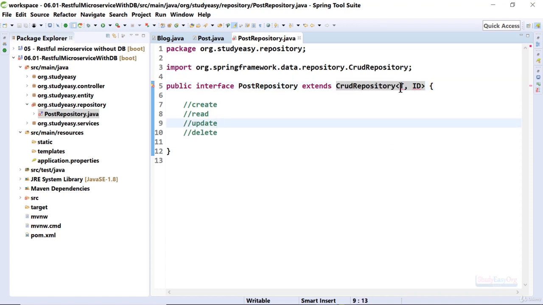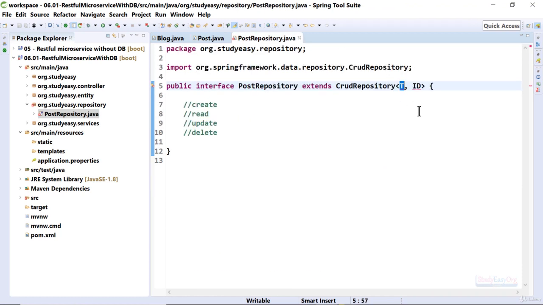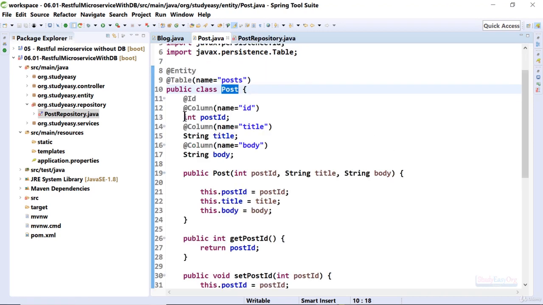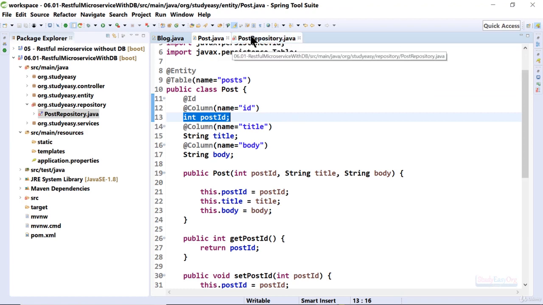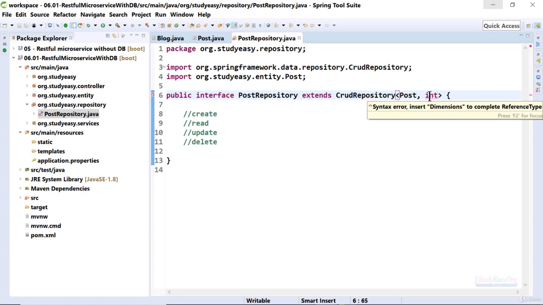Now first of all, we need to give the object of our entity class. So it would be like post. So let me quickly give post in here. So that's one type. Let me import the required package, and then we need to also provide the primary key data type. In here, the primary key is an int entity, right? So in here we will give type as int. Now as soon as I save the changes, there is this error. The reason being, we cannot give a primitive type in here,